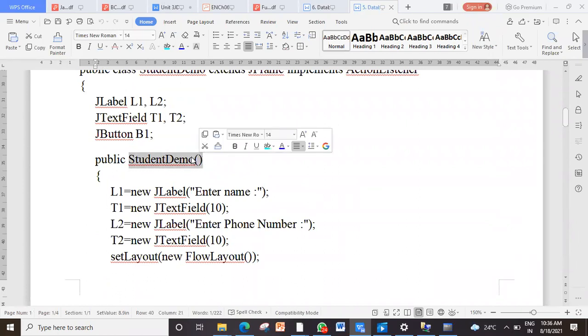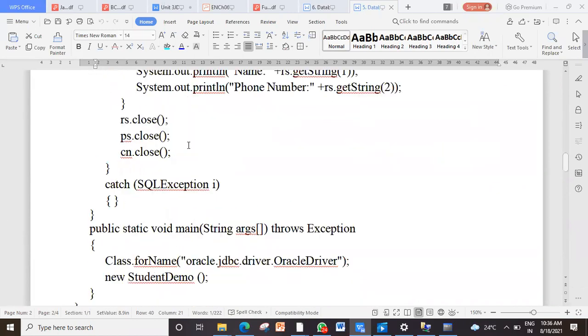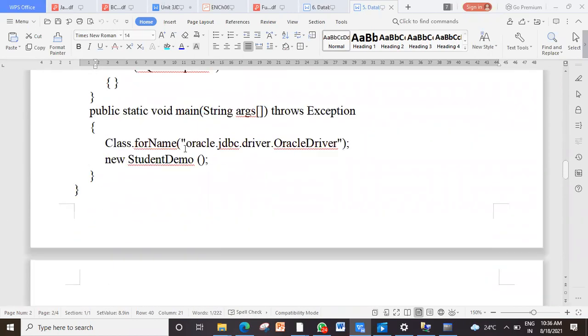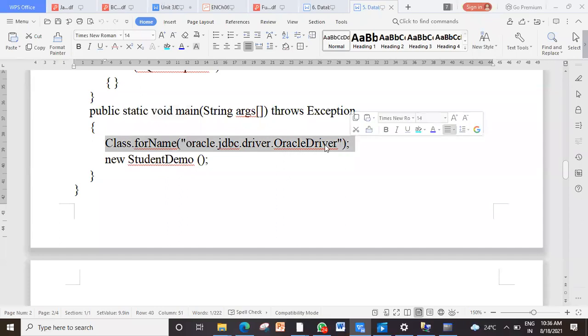So that constructor should be called somewhere. And since it's a frame, which means application, not applet, whenever an application comes into picture, which method must I have? Main method. So inside the main method, loading of the driver, I'm doing it here. I can do it inside the constructor also, but I'm doing it here. And then I'm calling the constructor.